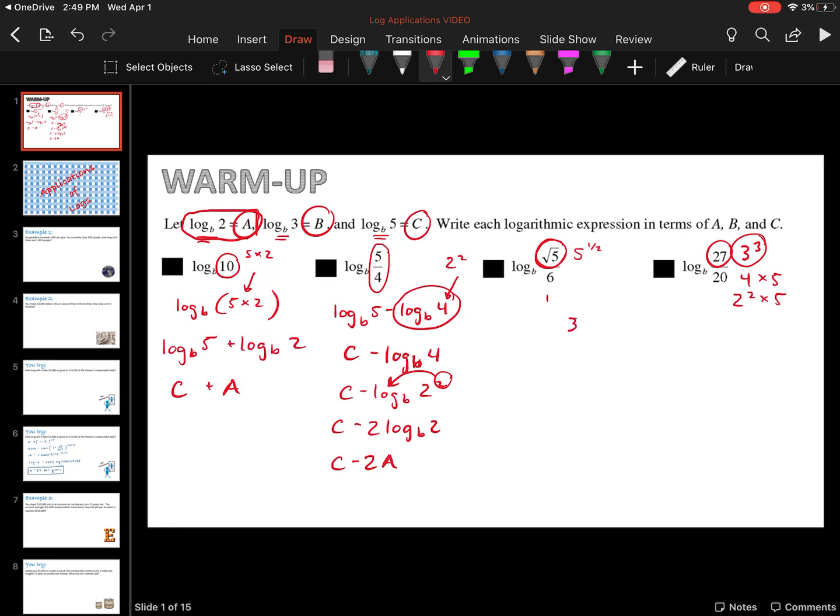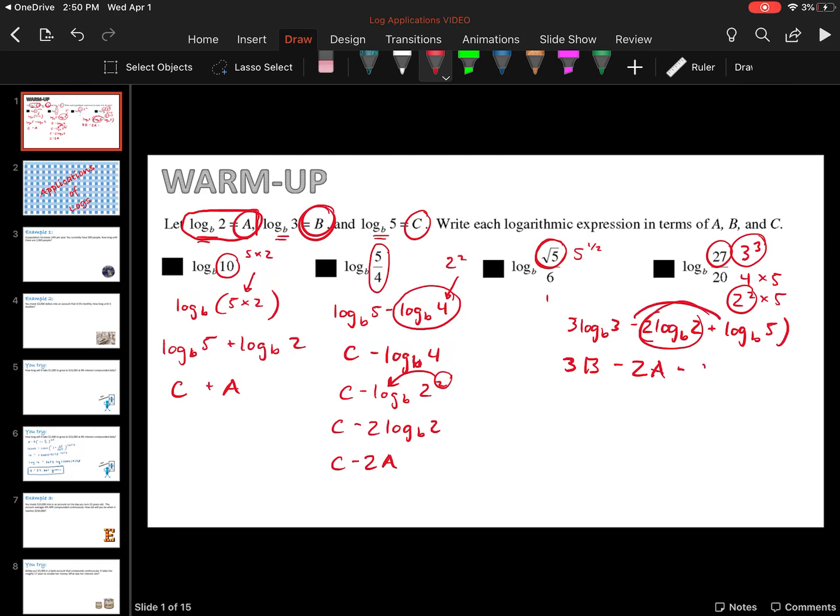I'm going to write this as 3 log base b of 3 minus, and then in parentheses, log, I'm going to put this 2 squared as the 2 goes out front, log base b of 2 plus log base b of 5. This becomes 3 times log base b of 3, which will be 3 times b, so 3b. This will be right here. Log base b of 2 is a, so we'll get minus 2a, and then I also have a minus here,